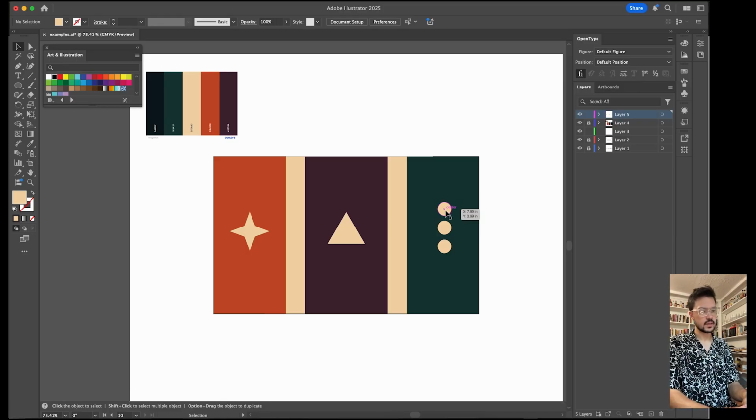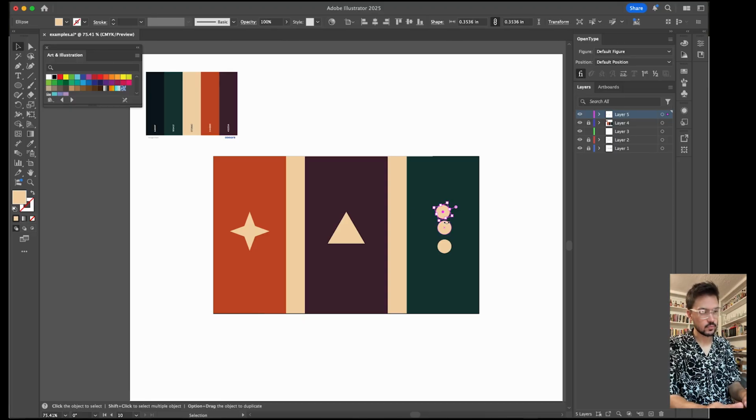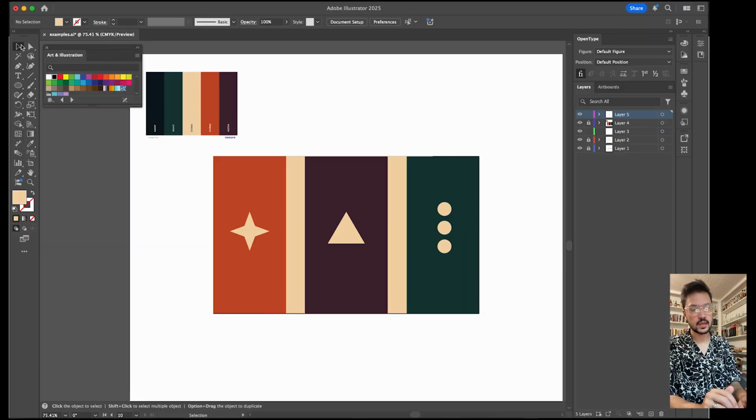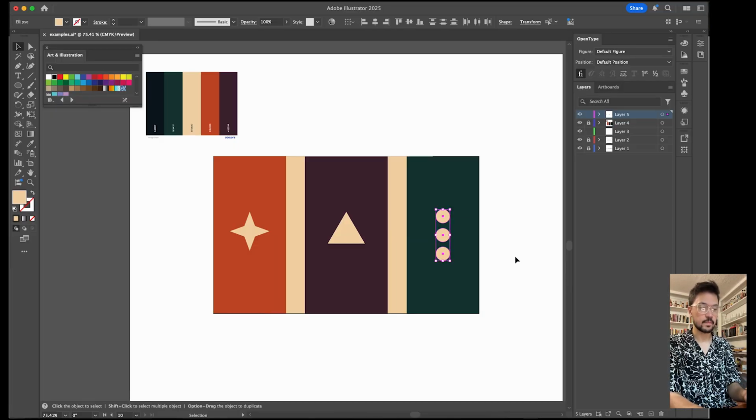Now you'll notice with these 3 circles, they're not quite centered perfectly. So instead of me going one by one, trying to move them around, I'm actually going to group these 3 so that I can move them all together with one click. So with my selection tool, I'm going to make a selection box over them so all 3 are selected, and I can move them all together now as they're all selected, but I'm going to still group them,